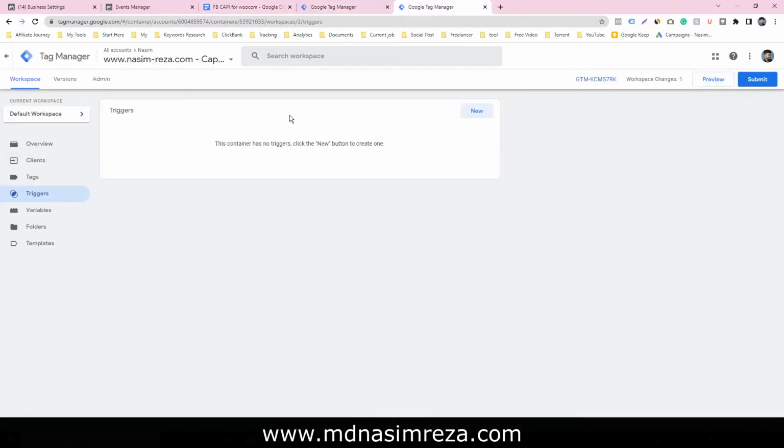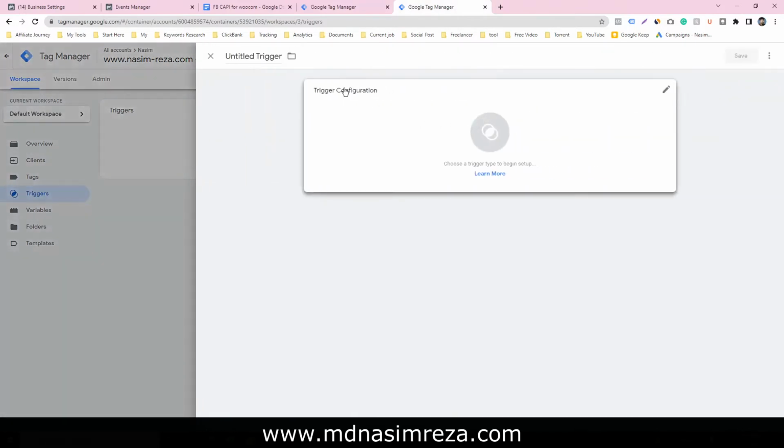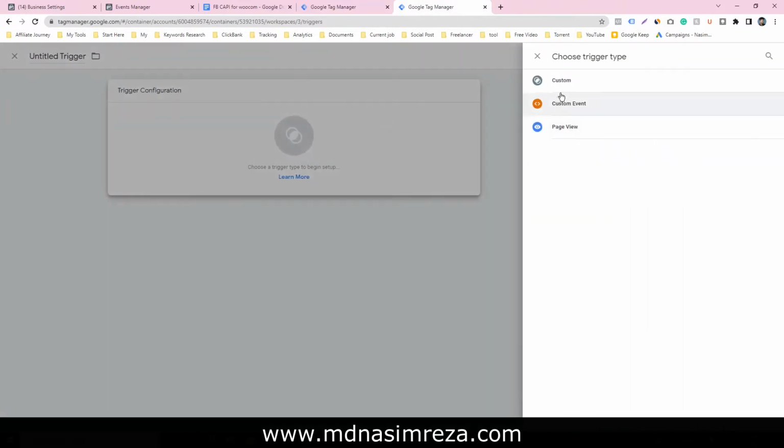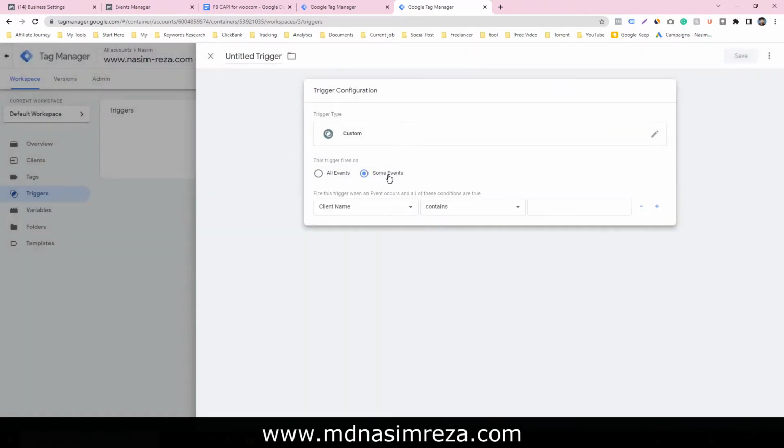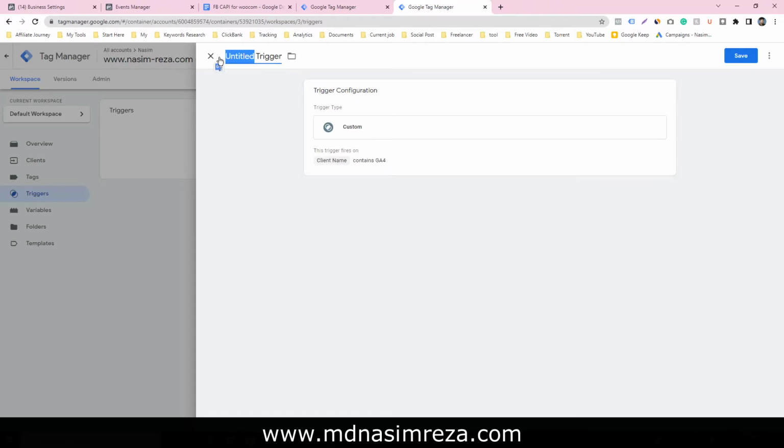So click on new, click on configure, click on custom, select some pages. This is client: select the variable client name, choose contains, and type GA4 here. Give it a name, Facebook Conversion API, and save it.